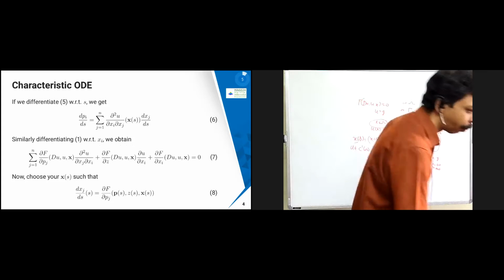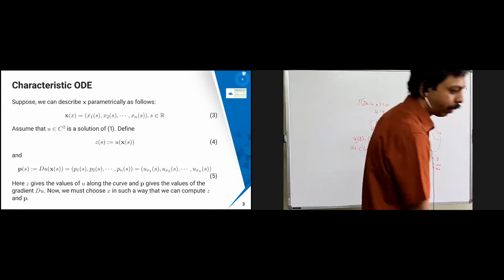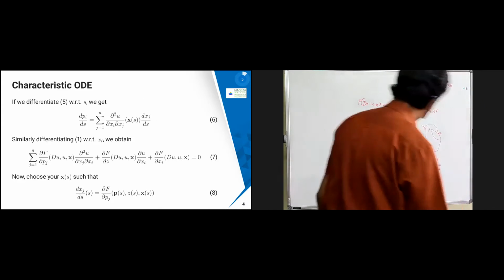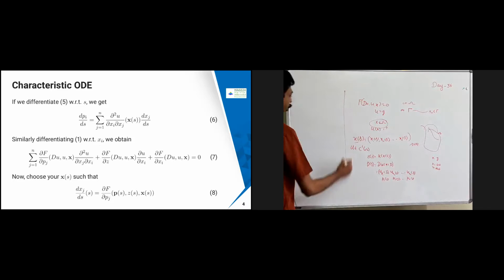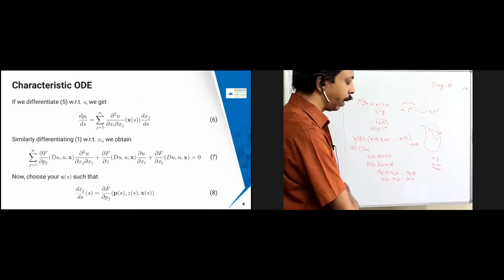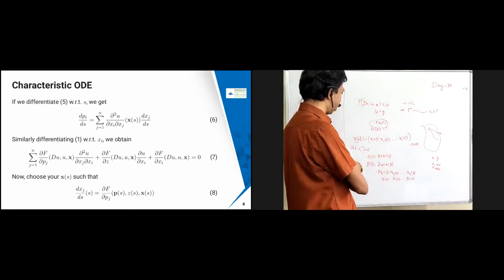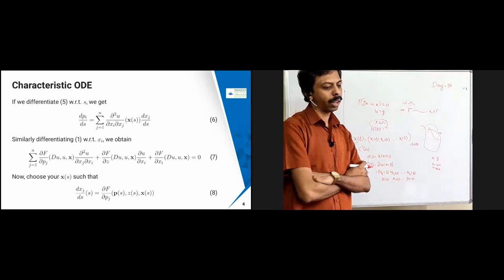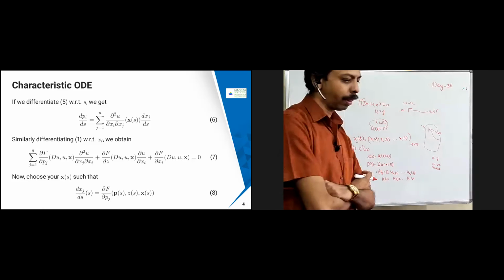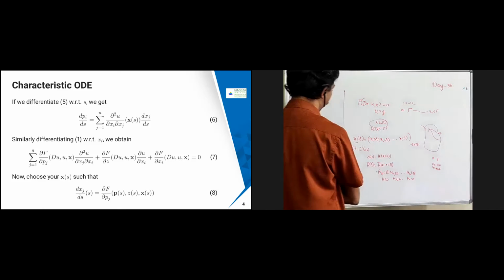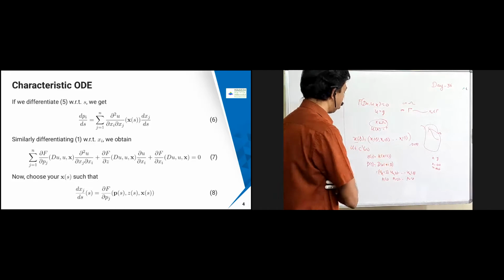So if I differentiate p of s, which is given to me, then I'm going to get dp/ds. I'm going to find each component, so dpi/ds, what is it going to come? For each one there will be many variables. P1 is going to be a function of x1, x2, x3 can be there. Like the way we did in Charpit's method or Jacobi's method, where two variables are there, if I take P1, then you may get one more variable. So the same thing I'm going to do here.